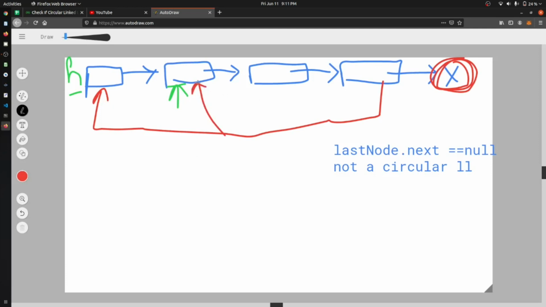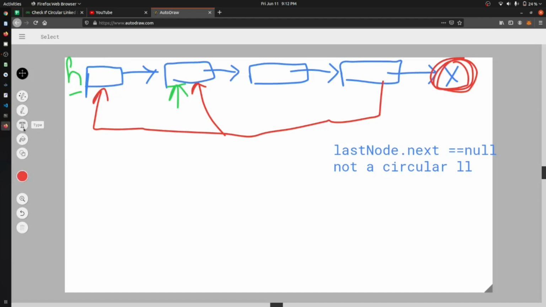Let's say you start from this point, then come to this, then this, and this points back to the second element. This is not a circular linked list, because the last node is not pointing to the first node. So we have to check whether my last node points to the first node or not. If it is pointing at the first node, only then we say that it is a circular linked list.